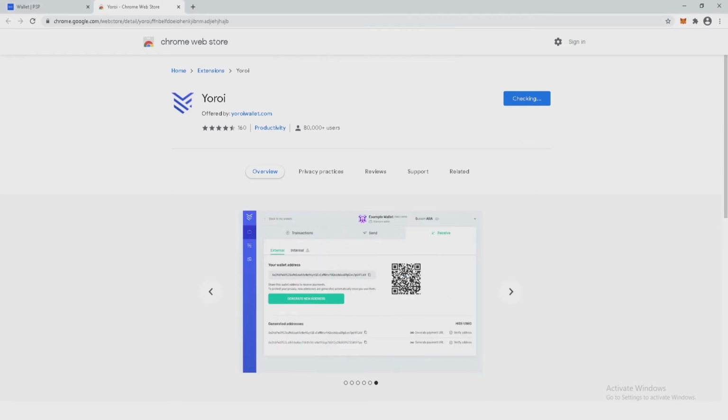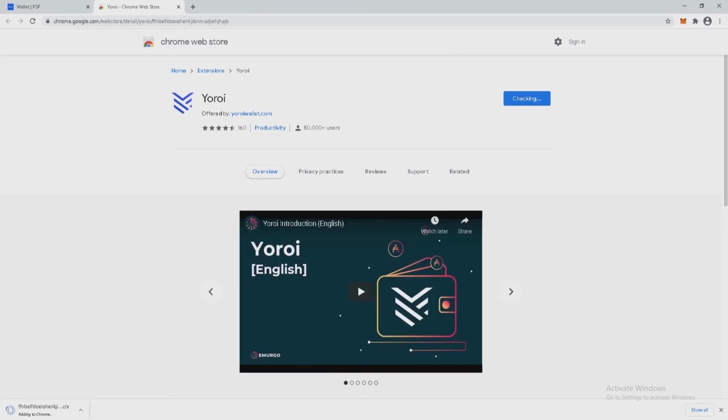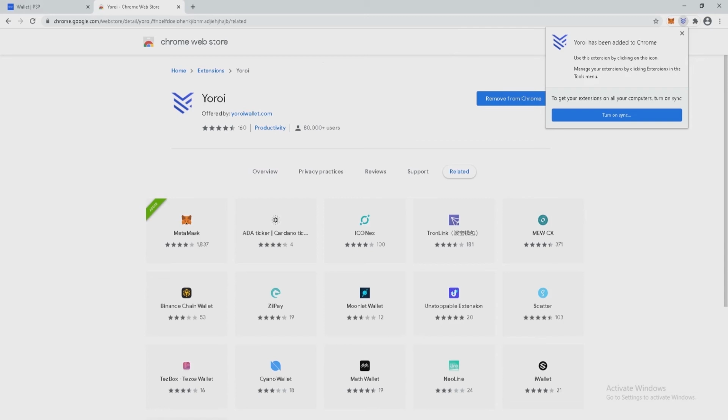So we add this. So now the extension has been added.